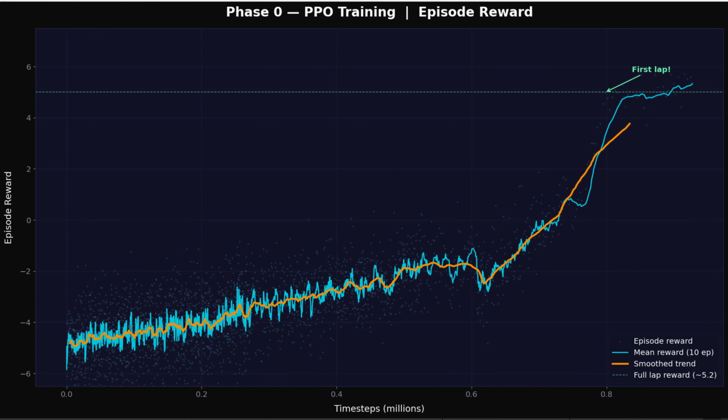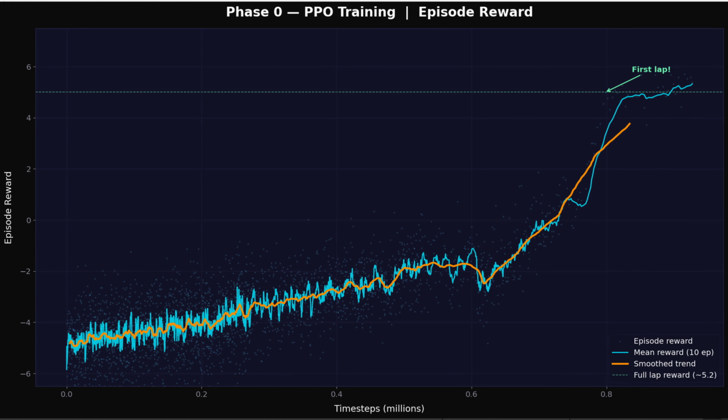We see that this is a breakthrough. This is the first time that the car, our car, is able to do a full lap without crashing. And it did it, and the final reward was around 4.5 because it was very careful. It did not speed that much, and it took a lot of time to complete it. But still, it was able to completely